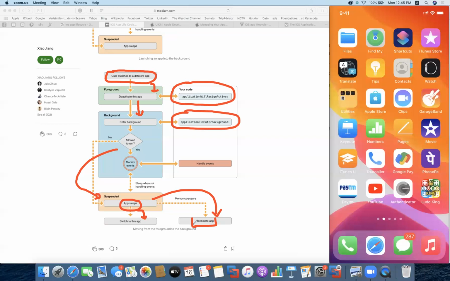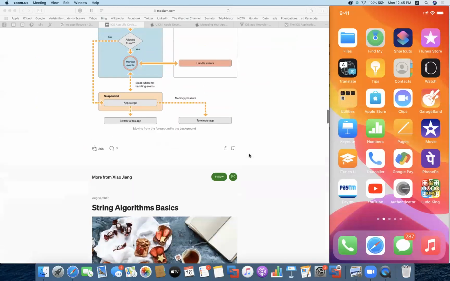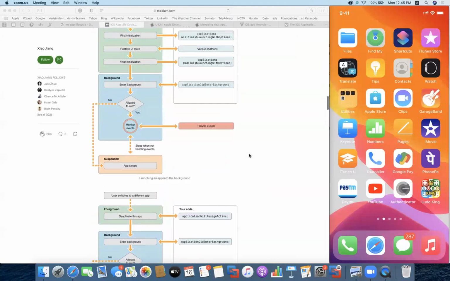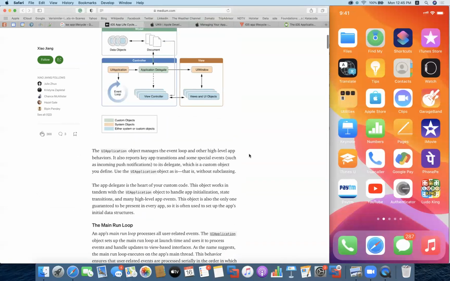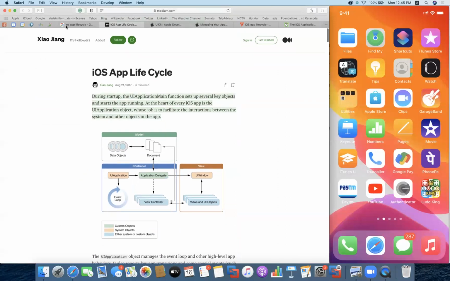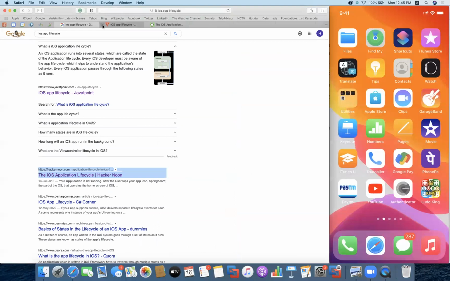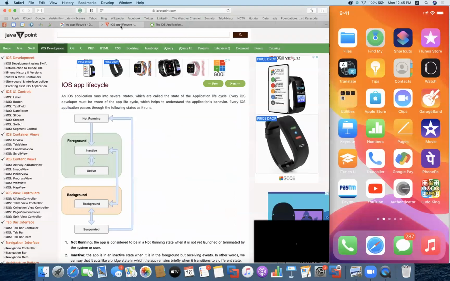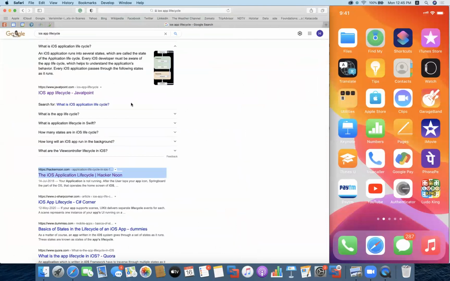Is that clear? Yes. So that's why it's very, very important to understand how the life cycle of the application works. So this is it about the application life cycle and the application running strategies. I believe you are now clear with how the iOS application life cycle works. Okay. Secondly, we are getting into an important topic, and this topic is